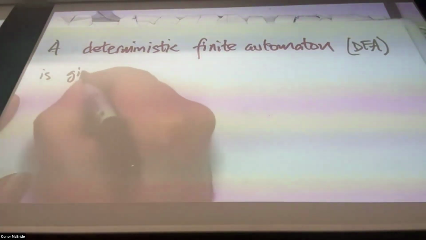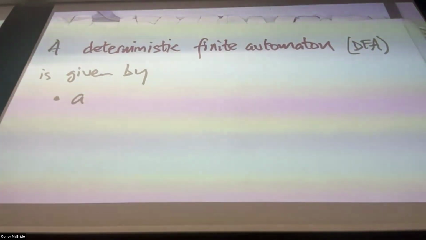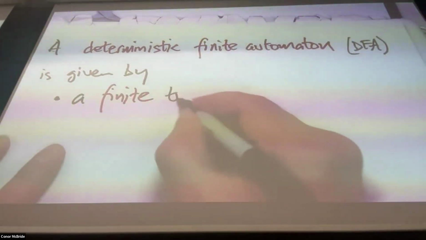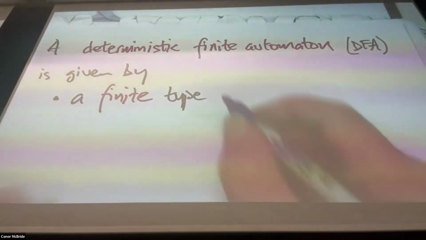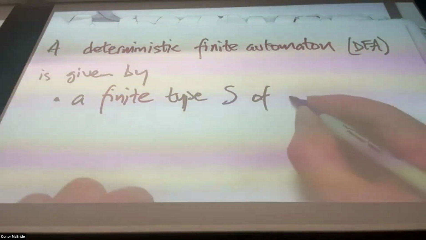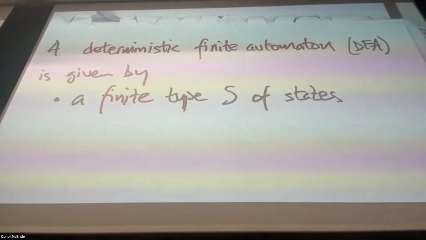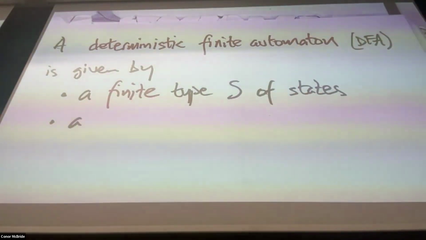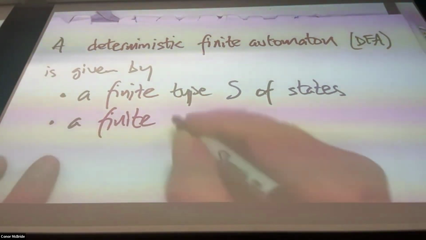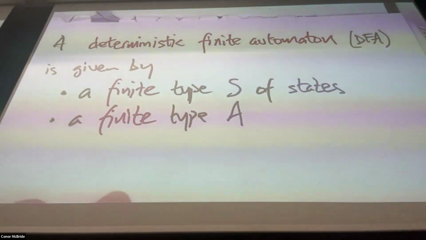It is given by a finite type S of states, a finite type A of symbols,